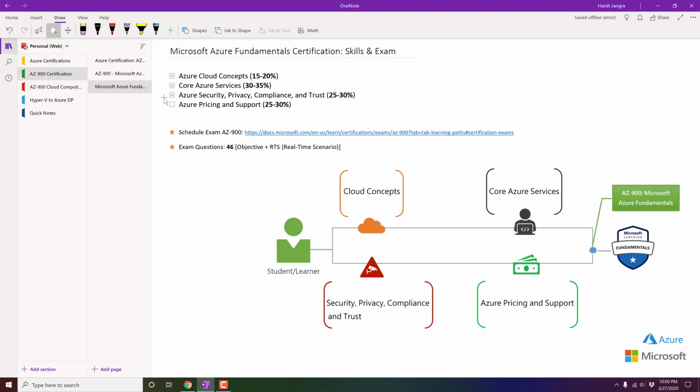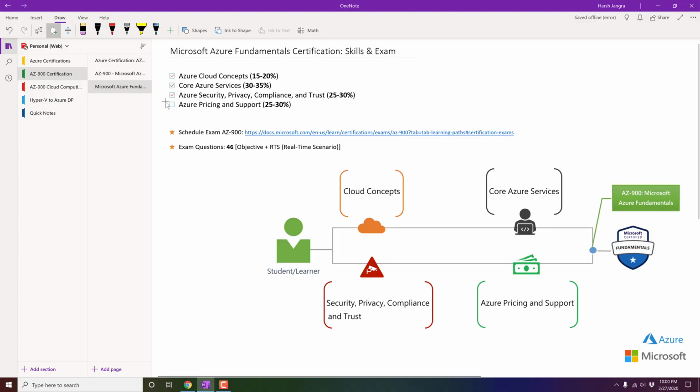You will learn in this area what Microsoft has to offer to protect your infrastructure. For example, Microsoft offers DDoS protection, antivirus, network security groups, application security, and lots of things, which will cover around 25 to 30%.